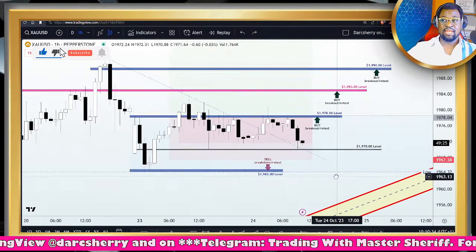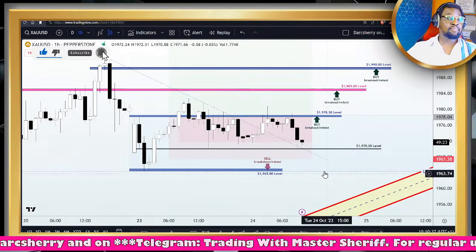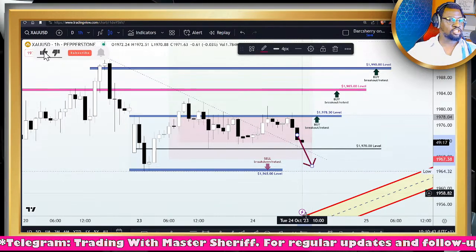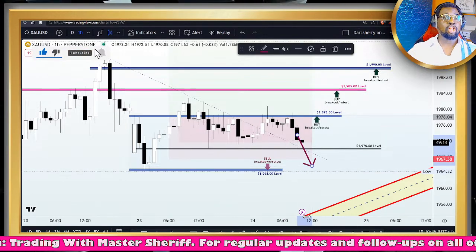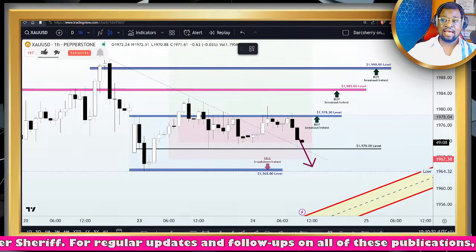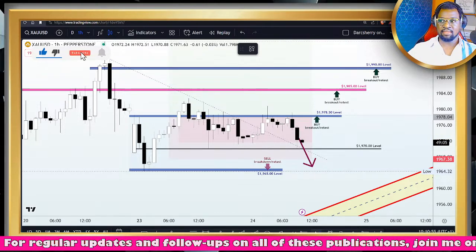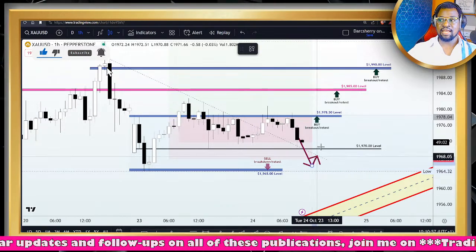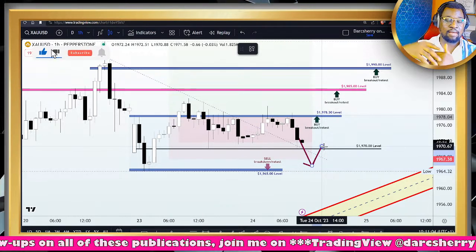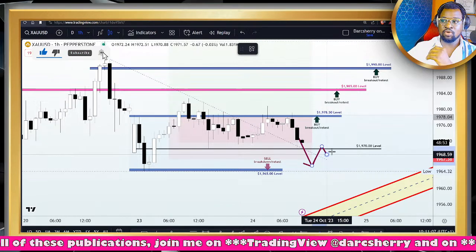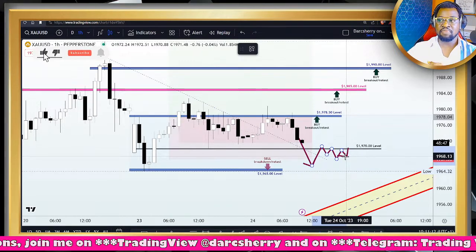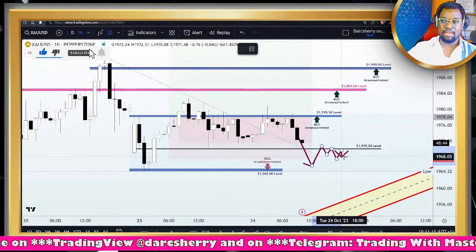Now, in as much as we're looking out for buying opportunities here, if at any point in time today price action does break down the 1,970, not only just breaking down the 1,970, I also want to see price action do a retest of that structure to confirm to me that buyers are no longer having a say in this market. And of course, this will reflect on the chart as price coming back to reject this area. That is, buyers are finding it difficult to climb back above the 1,970, and on our lower time frame we'll continue to see something like selling pressure around this area, which will now be revealing signs that sellers may likely be getting ready to sell.